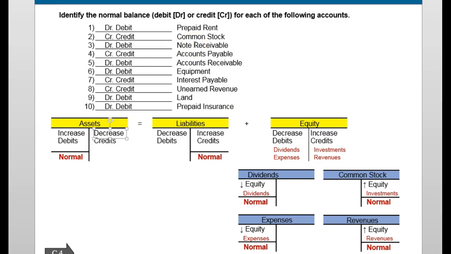Notes receivable is an asset, right? It would have a normal balance of a debit. Accounts payable is a liability. It's on the right-hand side of the equation. That's going to have a normal balance of a credit. So you can kind of see how